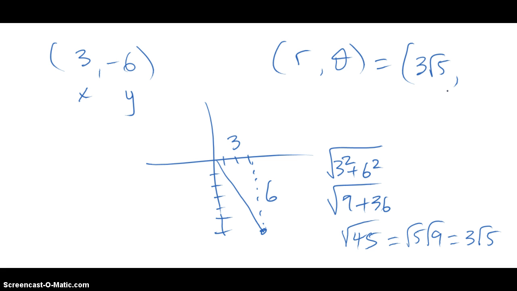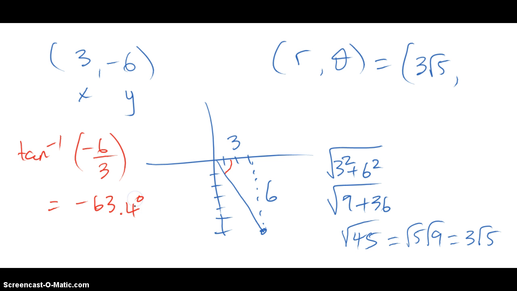Now we just need our theta, which we're going to get using inverse tangent. So for this angle right here, we're going to do tangent inverse of y over x. And the y is negative 6, and the x is 3. And when we put that in our calculator, we're going to get the following. So I'm getting negative